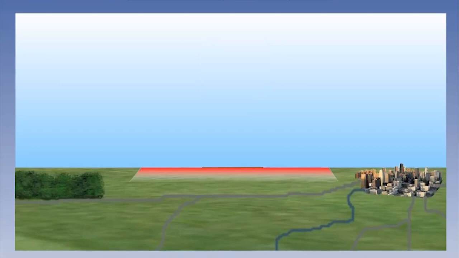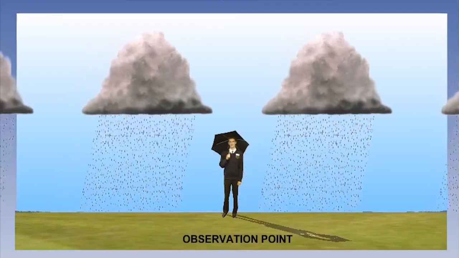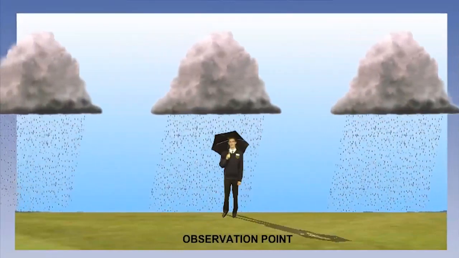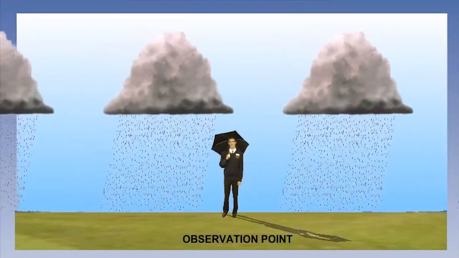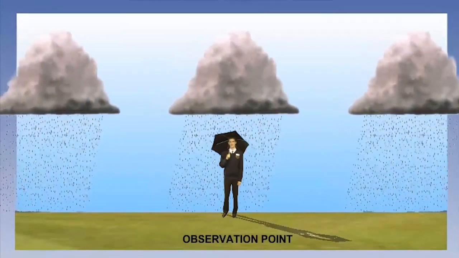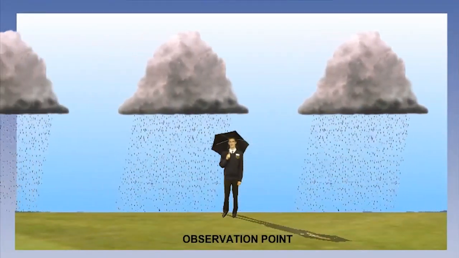If the air is cooling as it rises, then condensation may take place when the air temperature reaches dew point. These water droplets can be seen as clouds. The clouds that are created will take on a vertical appearance as the air is rising. We call these cumuliform type clouds. Cumulus clouds tend to give showery precipitation, as opposed to continuous precipitation. The type of precipitation is usually rain, and sometimes hail, because they tend to be heavier than the force of the rising air, and will therefore fall due to their own weight.